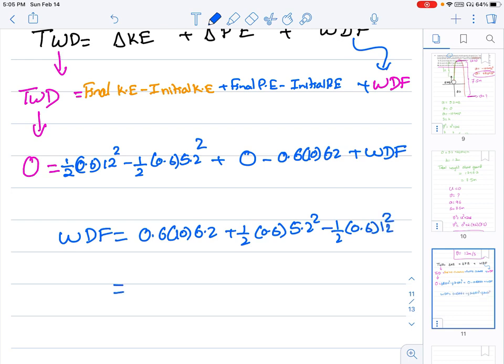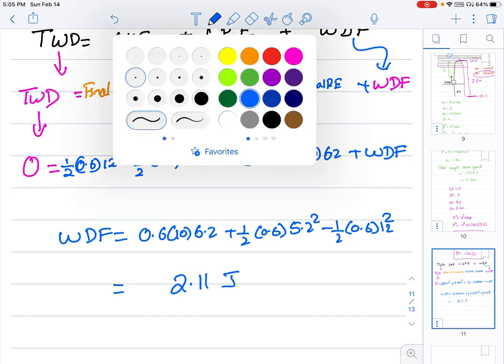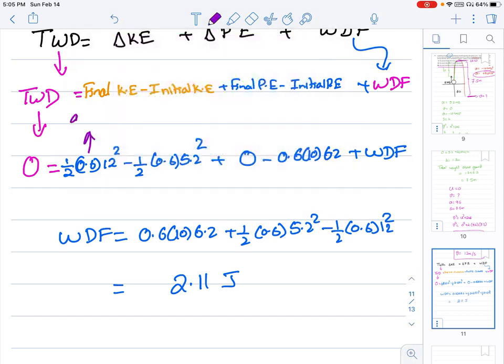Simplify that. You should be able to get that answer as 2.11 joules. That's the answer. So simple formula, use that formula. So final kinetic energy is the kinetic energy when it's on the ground, and initial kinetic energy is at